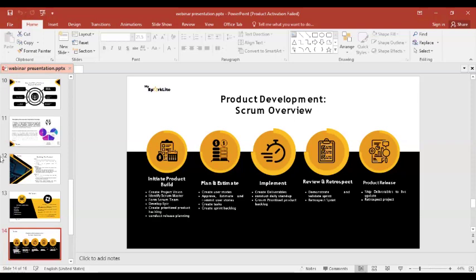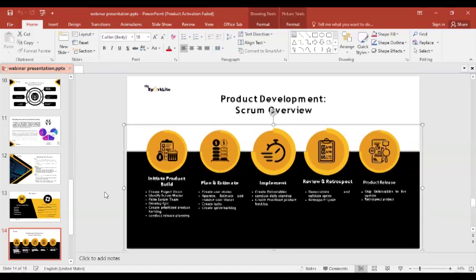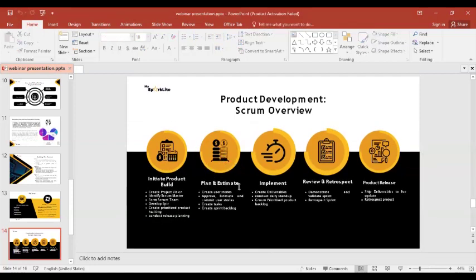So I now said something about, how does it work as a product manager? You need to first consider how to build the product. To do that, you need to understand the project vision, and that's where this first sector comes in. Then I said the second one is to plan and estimate. This is where you will now create user stories. You approve and estimate how long it's going to take to create the user stories. Then you create stacks from the user stories, and then you create your sprint backlog. That's step 2.